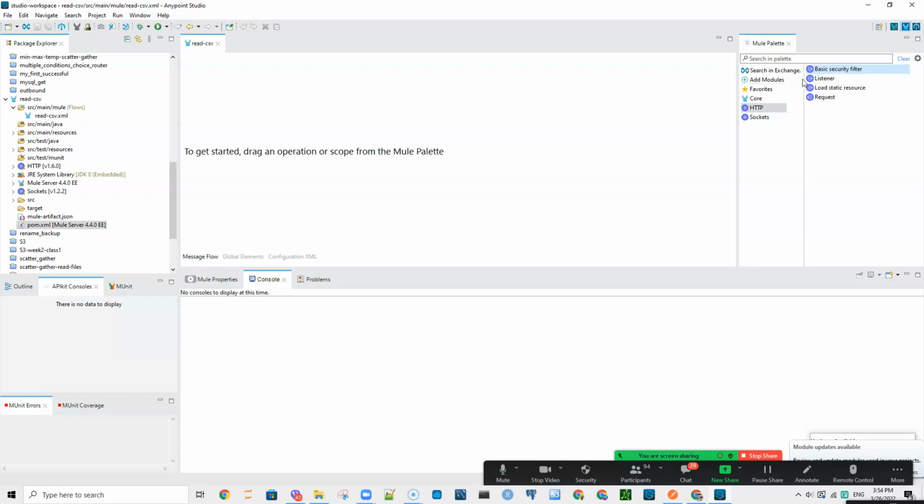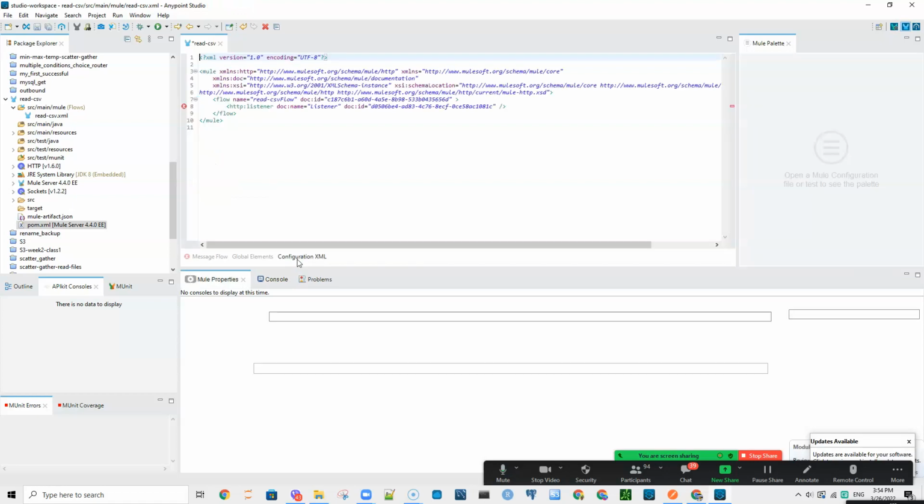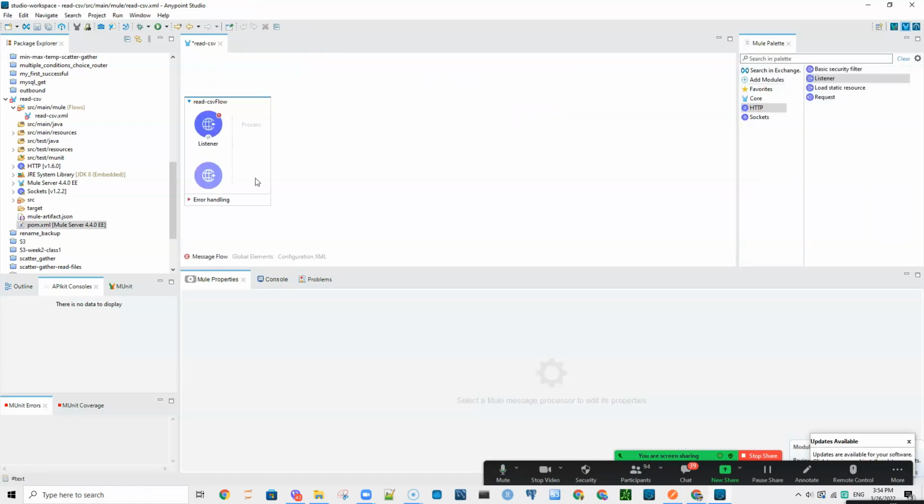Let me first drag and drop it, put it here. Now when I drag and drop it, you see here it gets updated, and also the configuration XML file also gets updated. The computer is getting stuck for some reason. Okay, so this one also gets updated. But especially in the beginning, we just work with drag and drop. So this listener,